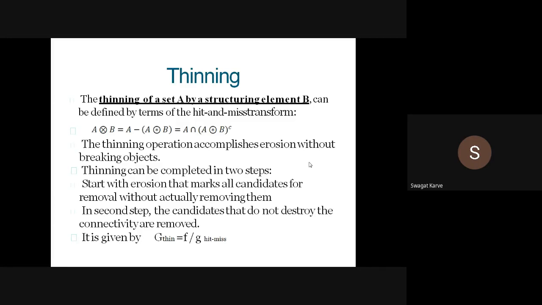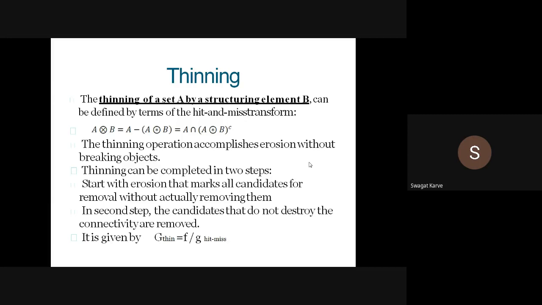Second step, the candidates. Candidates means the target object or target shape that you want to extract, or get the information about. Now in this second step, the candidates that do not destroy the connectivity are removed.